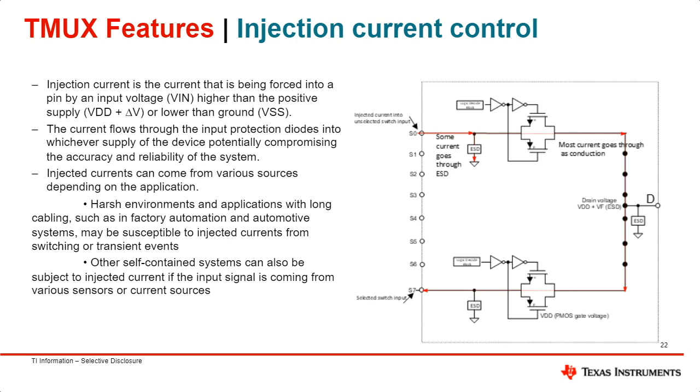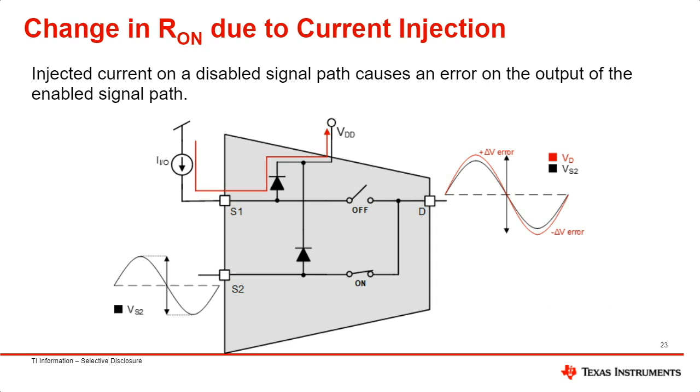So another example is R-on, the on resistance of the device, and how current injection affects the on resistance of the device and the signal itself. As you can see here, we have a multiplexer. It's a 2x1, so you have 2 inputs, 1 output, and S2 is your selected input. So BS2 is the signal you're sending to S2, and you're expecting to see that the same signal will be